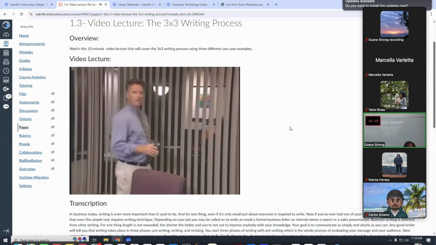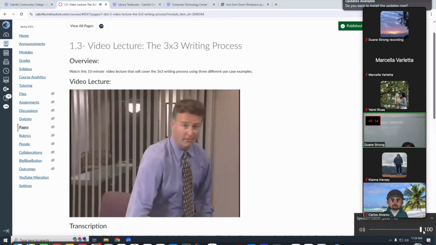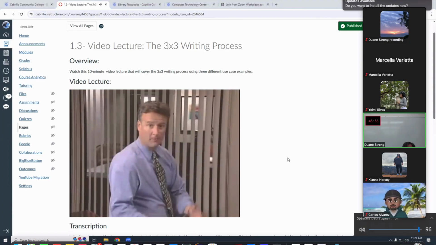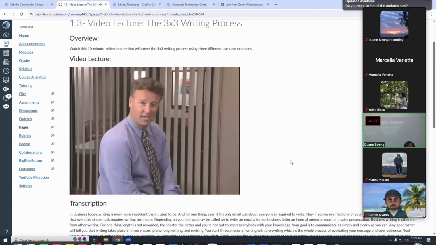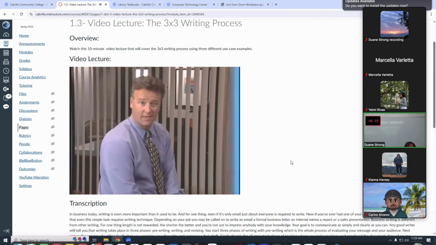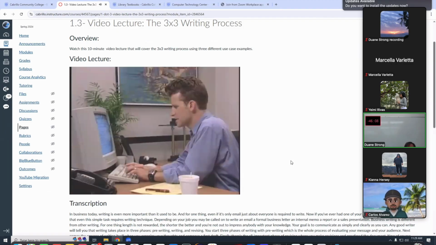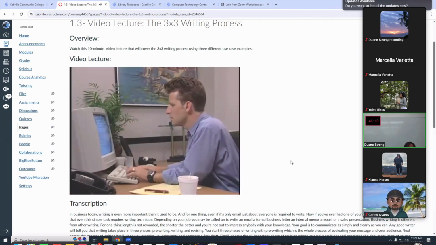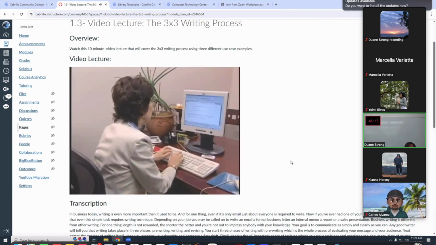In business today, writing is even more important than it used to be. For one thing, even if it's only email, just about everyone is required to write. Now, if you've ever had one of your emails misunderstood, you know that even this simple task requires writing technique. Depending on your job, you may be called on to write an email, a formal business letter, an internal memo, a report, or a sales presentation.